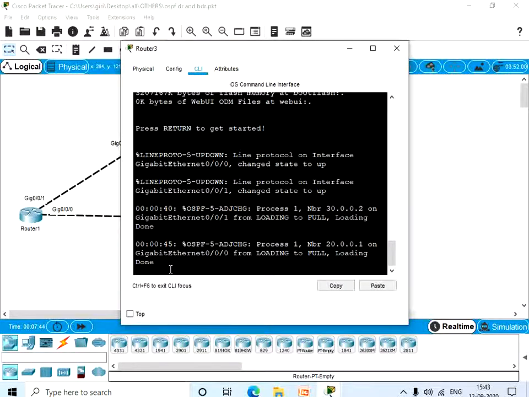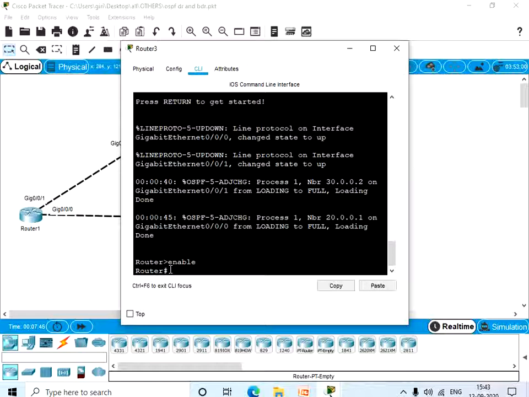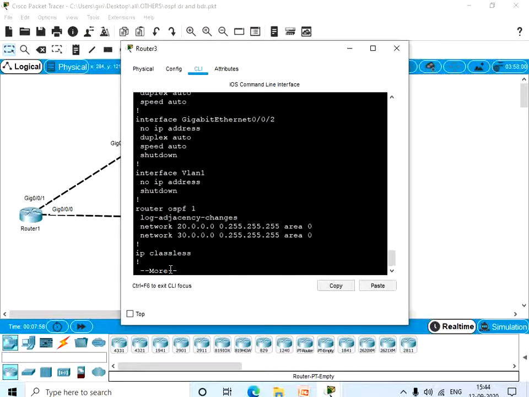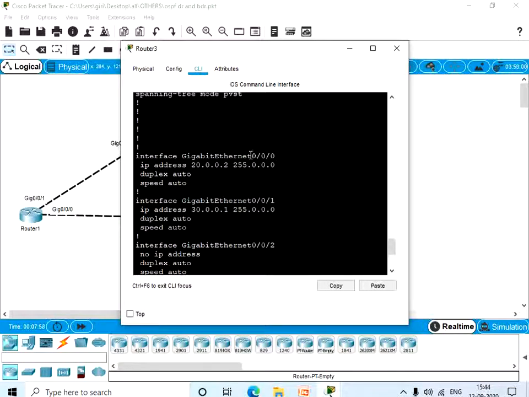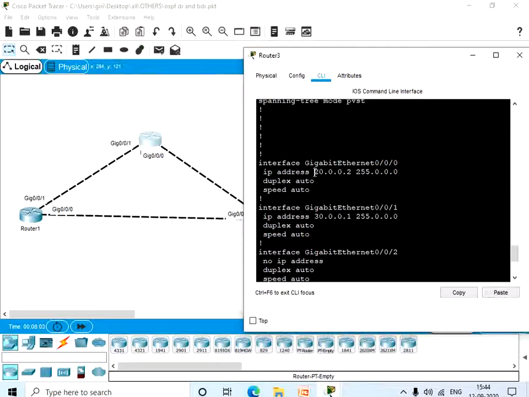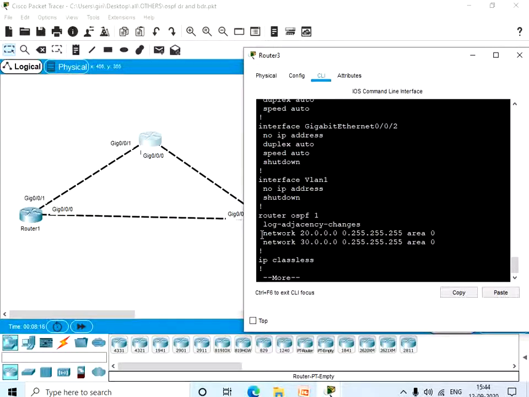So let's go to router 3. Show running-config. Gigabit 0/0/0, which is connected to router 2, is configured with the IP address 20.0.0.2, and gigabit 0/0/1, which is connected to router 1, is configured with the IP address 30.0.0.1, and this is also configured with OSPF.